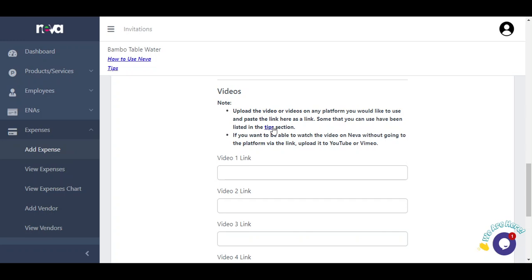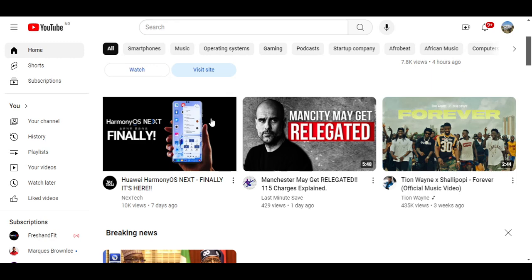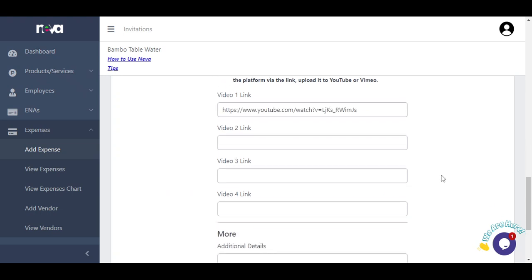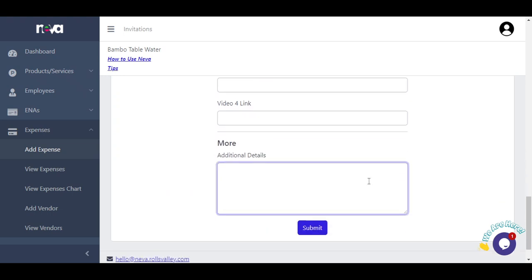But Niva doesn't restrict you. You are free to use any platform you want to upload, then you copy the link and paste. So let's just get a link and paste it. Let me get this link, copy this and paste it here. So we have additional details where we can add extra details. Let's just say petrol bots, but it's not mandatory. And when you click submit,